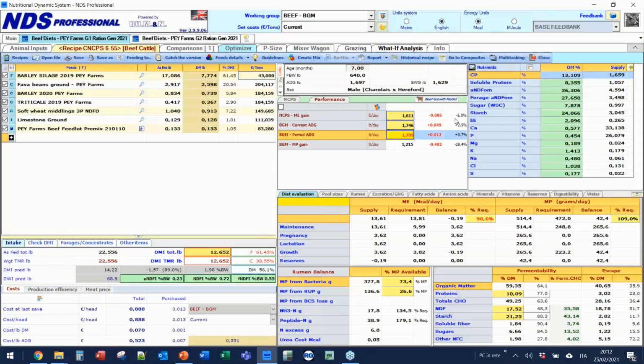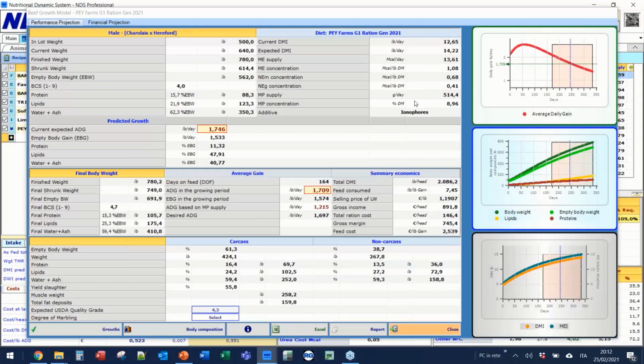All these, while in the performance tab, we summarize some of these outcomes. Opening the beef growth model, we can show several details about what I said, in different sections. Here, in the first top left tab, we have basically a summary of the inputs, in-lot